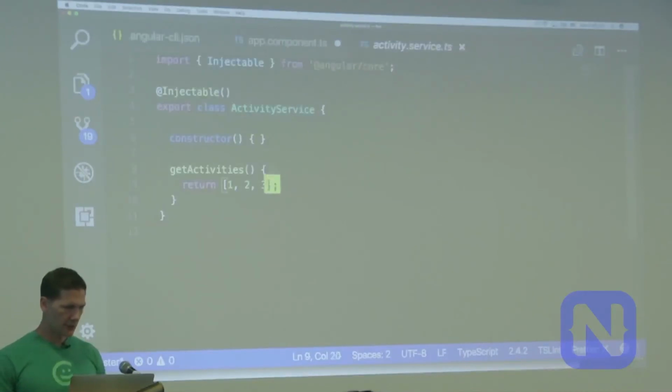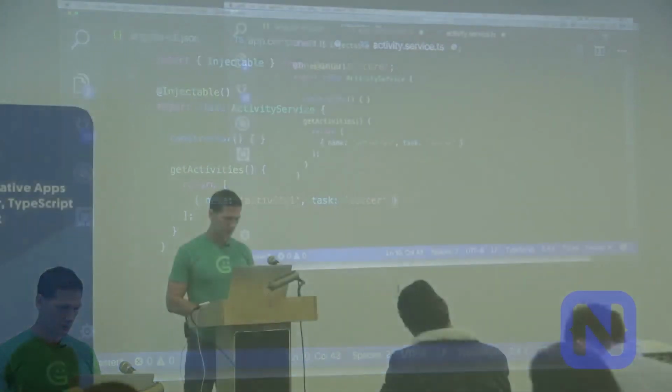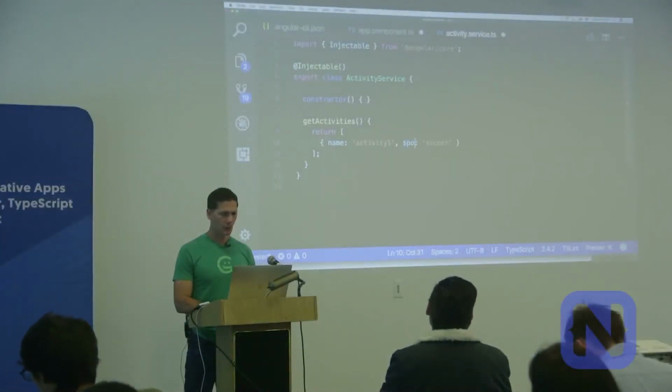So instead of this, let's return actual objects. So these will be activity objects that contain a name, activity 1, and task equals soccer, sport.